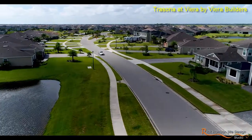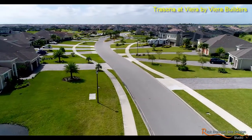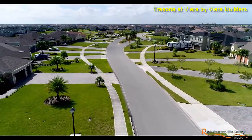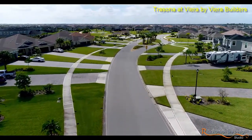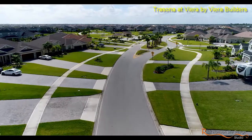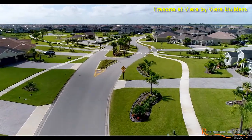I mean, look at a motorhome. A motorhome is in a driveway and it doesn't even affect the space you would feel. You put a motorhome on a grid plan or a new urban plan in front of a house, you just closed off the space. So this is the main circular trail, goes through all four quadrants of the neighborhood, and